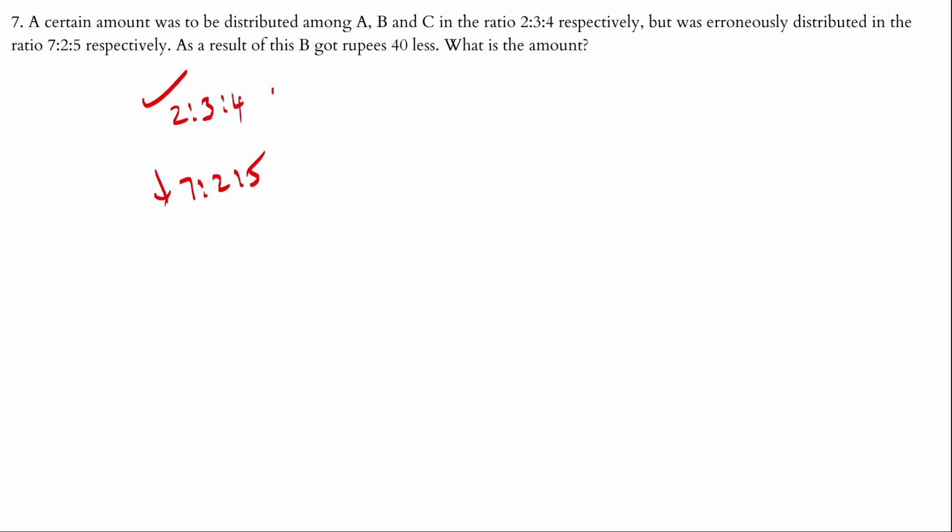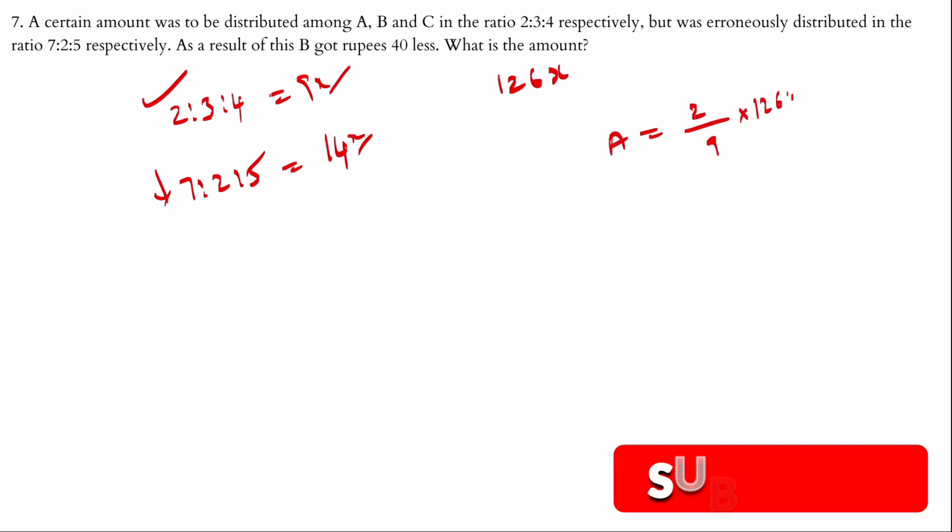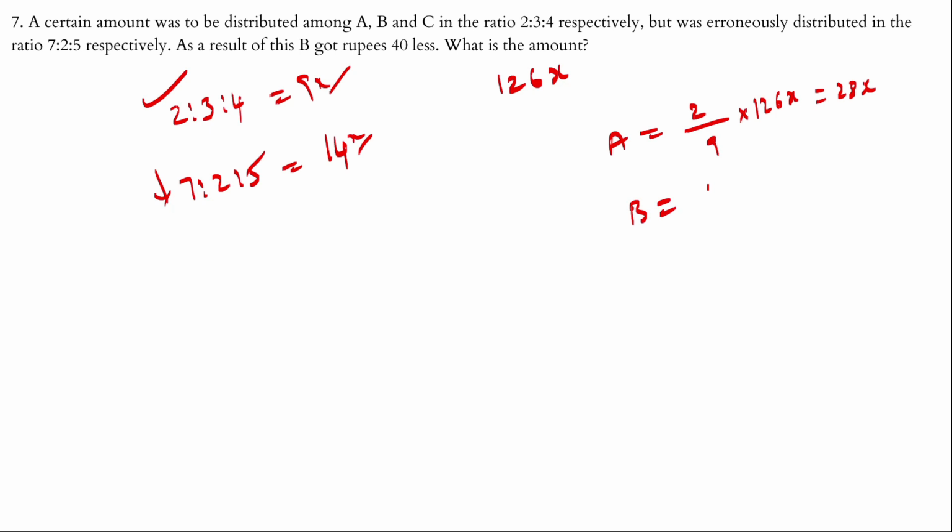So this is 4 plus 3 plus 2, this is 9, and 5, 2 and 7, this is 14. Let's assume the original number as the LCM of this 9 and 14. So LCM of 9 and 14 is 126x. So original share of A is actually 2 by 9 of 126x, this is equal to 28x. And that of B is 3 by 9 of 126x, this will be equal to 42x. And that of C is 4 by 9 into 126x, this will be equal to